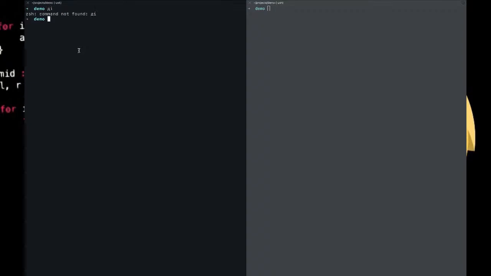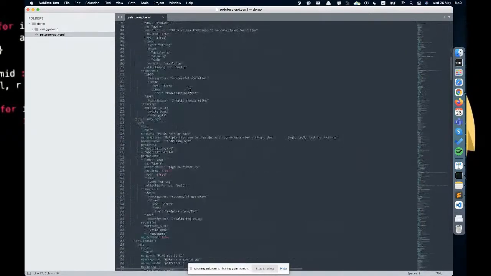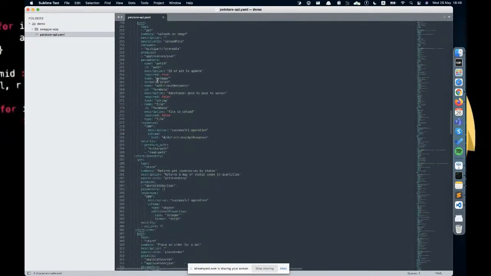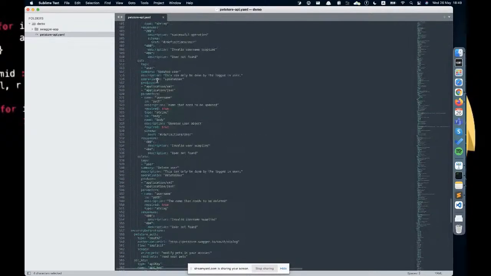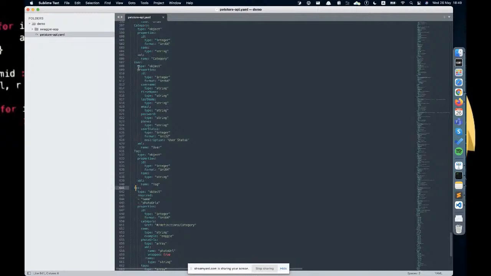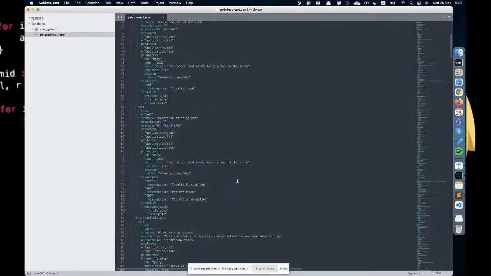Okay, so we have a demo. You might see that we have a pet store YAML file, which I can open with a text editor. This is the pet store API which I showed you recently. This is a pretty huge API, around 700 lines of code. We are defining our models here: a pet model, tag model, API response model, user model, category model, etc. I would not go through everything here. I just wanted to familiarize you. Okay.